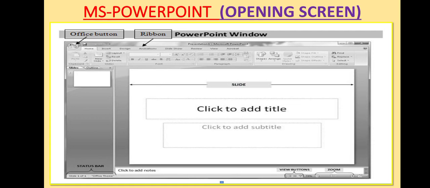As you can see in the image, it has various buttons like Office button, then you have title bar, ribbon, slides and outline tab, status bar, view buttons, zoom button, etc. So all these buttons are used for various functions.